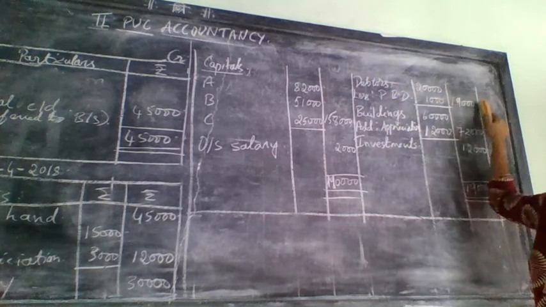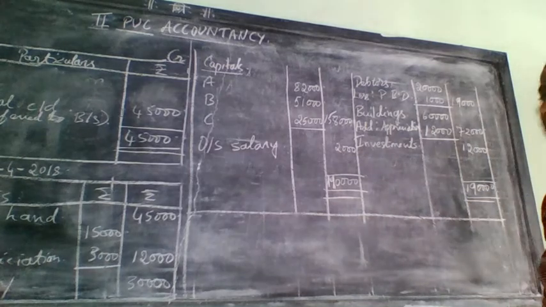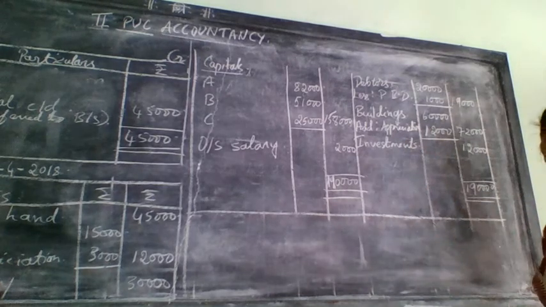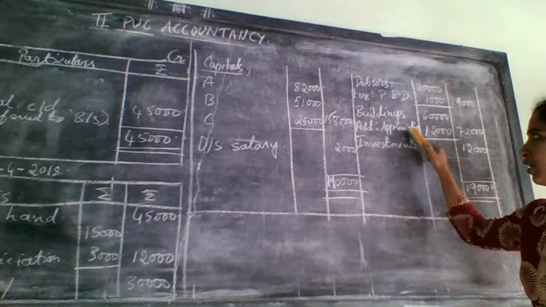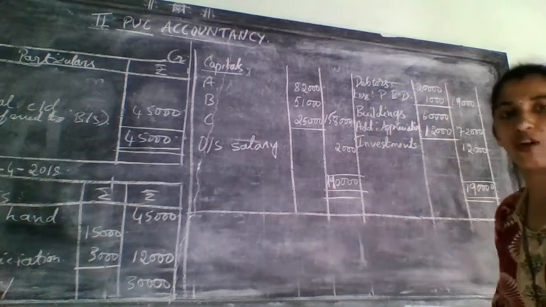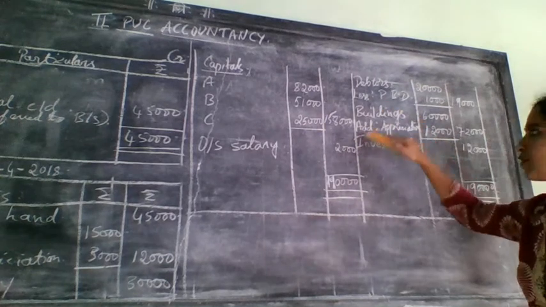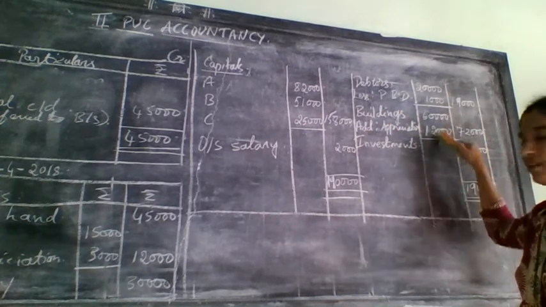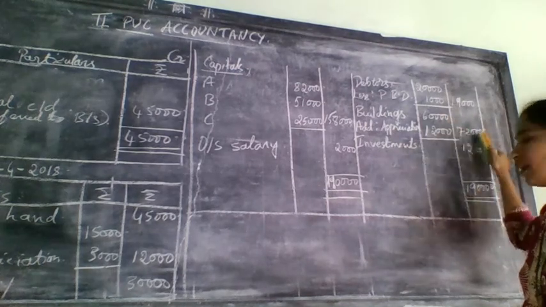20,000 less 1,000, it will come 19,000. Next comes building in the old balance sheet. Right here building, but you are having adjustment in revaluation account. So there you have taken it as appreciation on building. So appreciation means it will increase the value of asset. Add, write that amount. No need to calculate, the amount is there directly. Add and take it here.